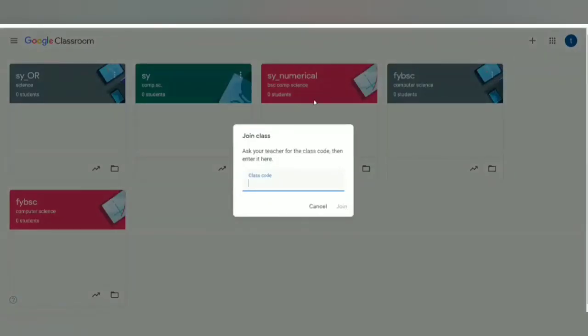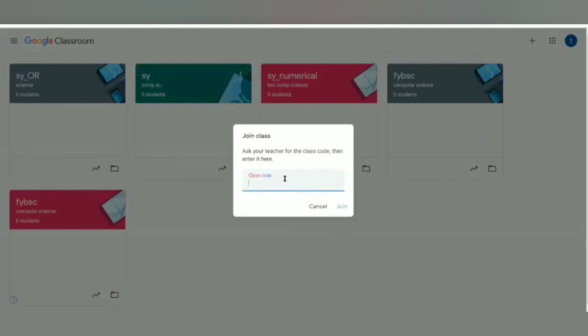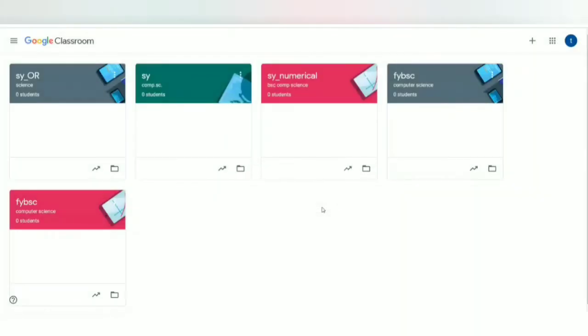So the class code, once it is shared with the students, they can just use this class code and they can join the class. Now this is not working here. It's showing me some error, but that can be fixed from students login, that will work, I think. So this is how a student can join the classroom and student can get the assignments, notes, etc.